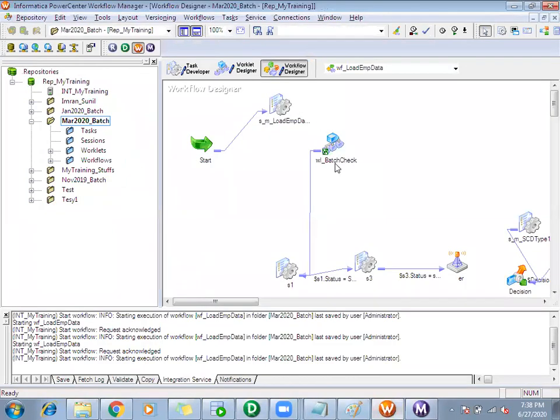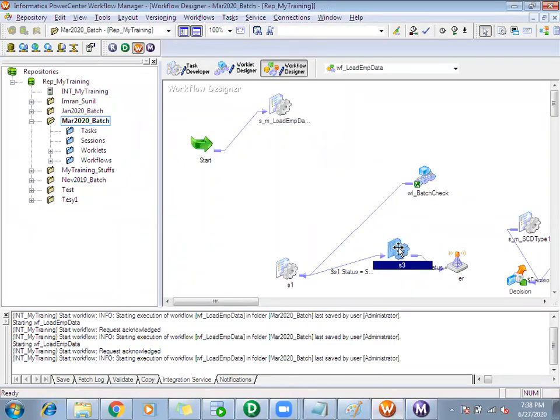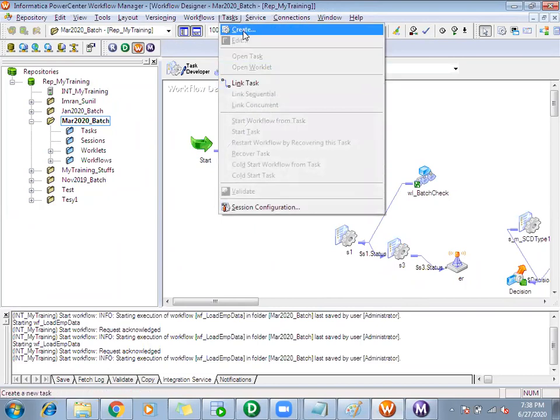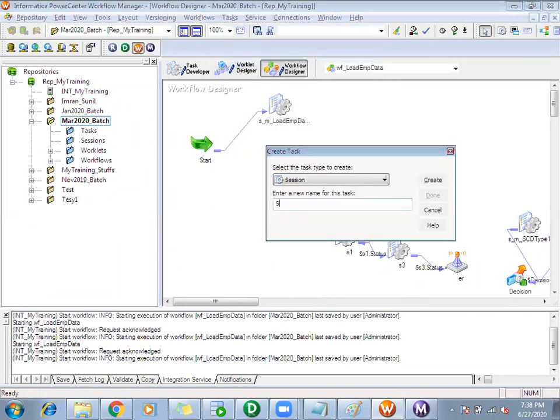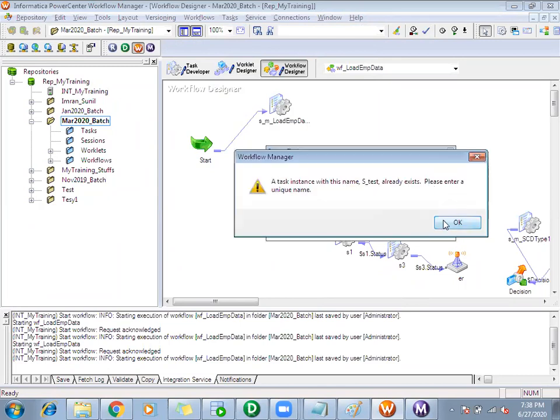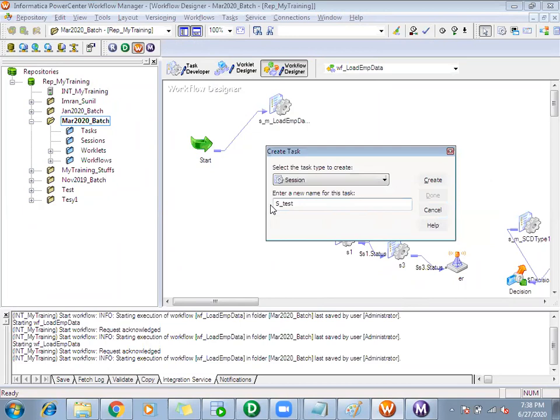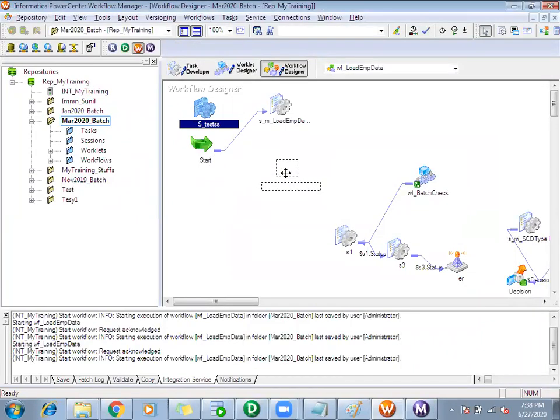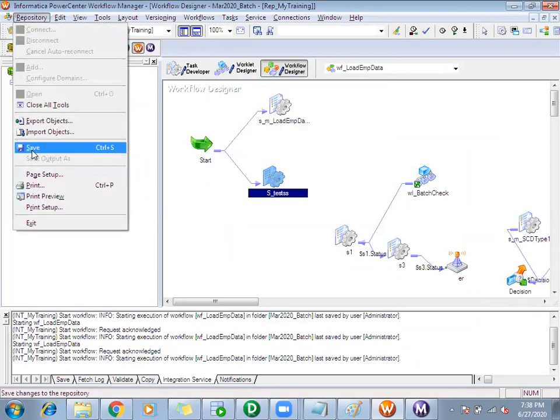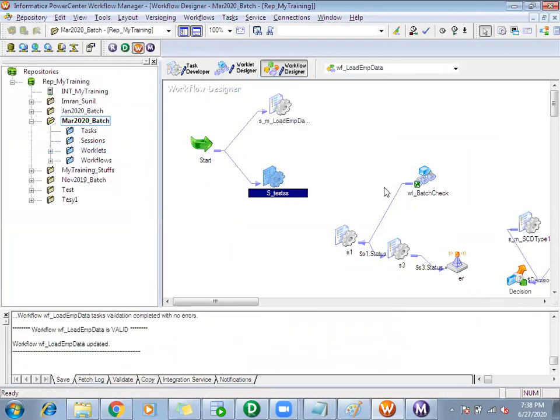Then what you can do is, if you just want to test it, you can create one more session, a test session. Okay, it's already there. So you will select your test mapping. Run both of these in parallel now. Save. Okay,